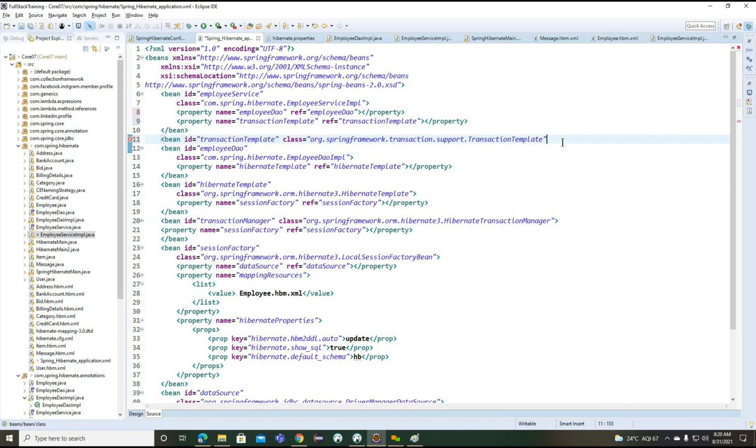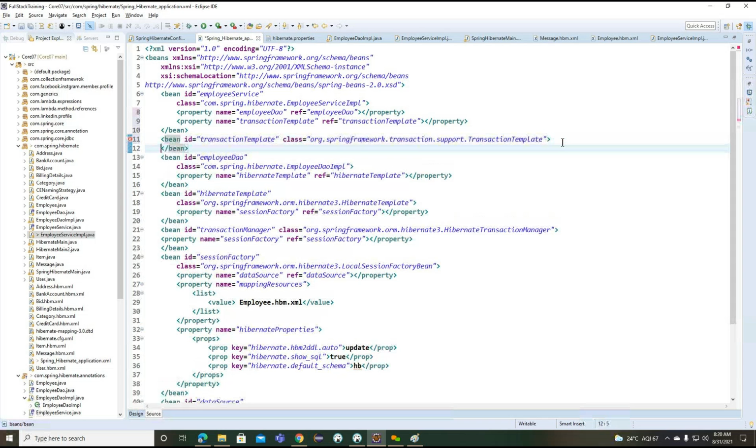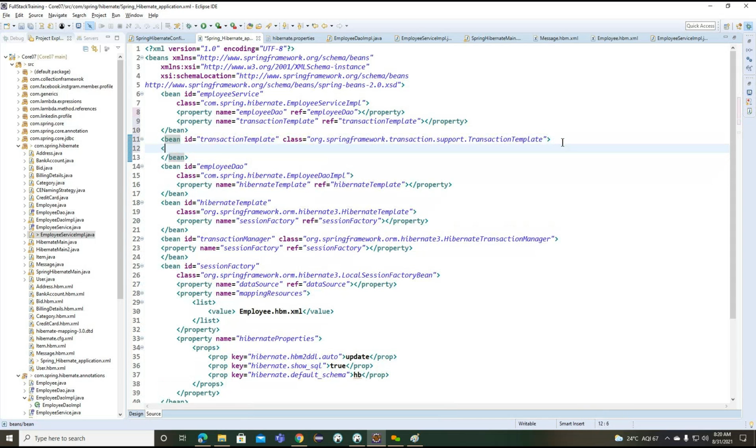This transaction template internally is expecting one more bean, one more property, that is called transaction manager. Right. So this is the way we can go for the programmatic transaction.